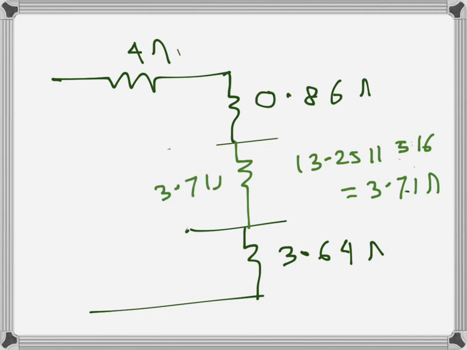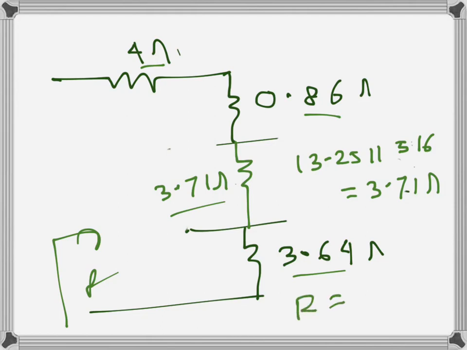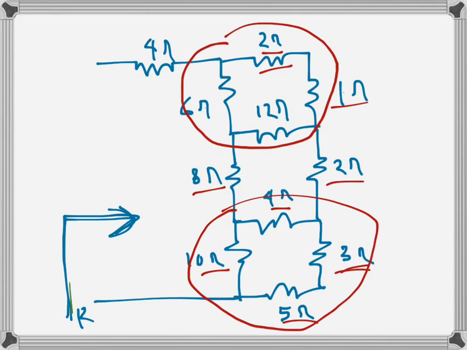So 3.71 ohms there. So we have now the final R is 4 series resistances, 4 ohms, 0.86, 3.71 and this one 3.64, which is R is the sum of these 4, and that's 12.21 ohms. So that's the value of the resistance as seen from here, basically the equivalent resistance, 12.21. I can write it here, 12.21 ohms, R equals to